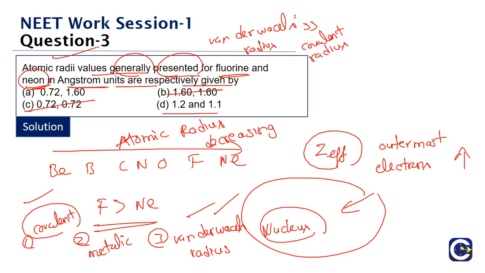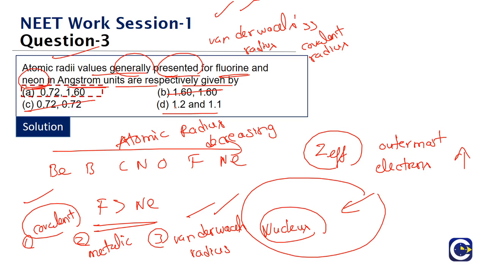Because if you go from left to right, what are we saying? The radius must decrease. It should have the minimum radius. But when you look at the values given for the inert gases, we will see that it is always very high. The reason is that the values presented for the inert gas elements are not the covalent radius. We cannot compare them with the rest of the elements of the period. That is a different kind of radius that is measured. What is it? Van der Waals radius. So generally it will be significantly higher than the covalent radius values presented for the rest of the elements.